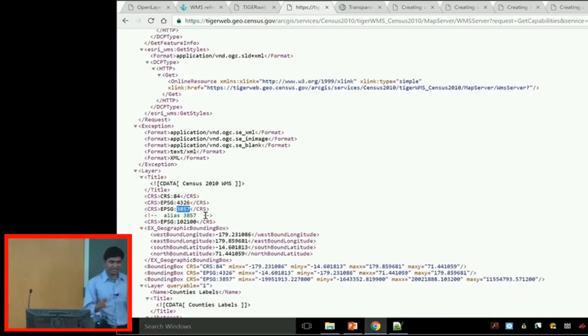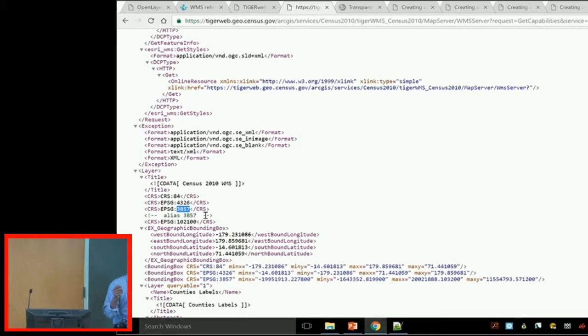So that means any web server, say for example, you just found a WMS source, and by OGC standard, they should have a website that has WMS. You click that. By OGC standard, all the WMS GetCapabilities documents have to follow the same pattern, right? So if you look at the CRS tag, it's basically going to tell you what's allowed and what's not allowed. This tells us this Tiger source doesn't understand